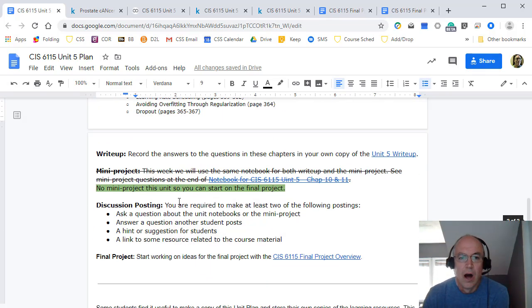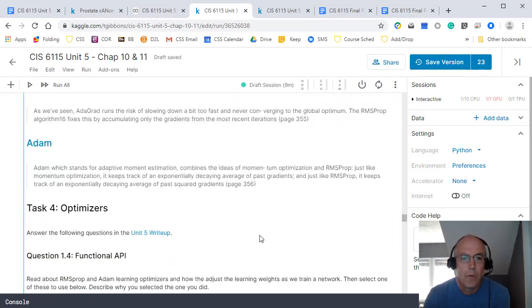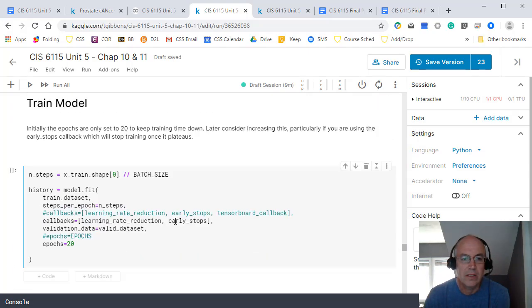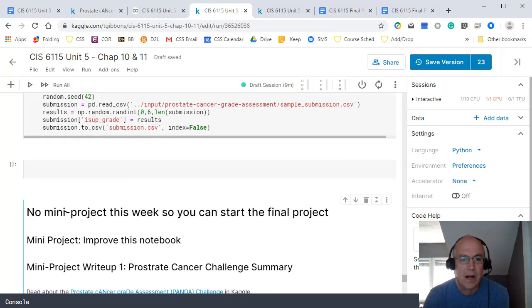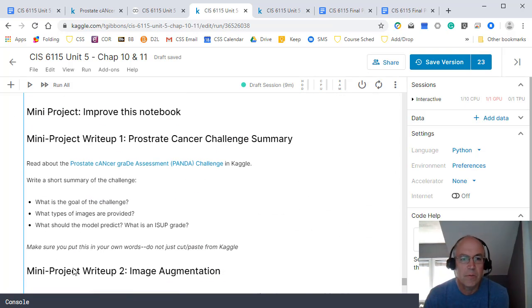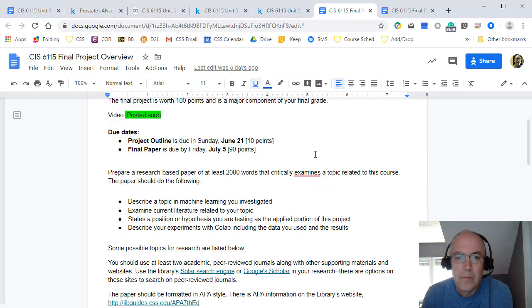Now, originally I had you doing a mini project, and in each of these notebooks at the end there was also a mini project question, but I've decided to not do those. So there are no mini projects, even though there are mini project questions at the end of each one. We won't be doing those mini projects. And this is so you can work on the final project instead for the course. So we have a link to the final project for the course here, and